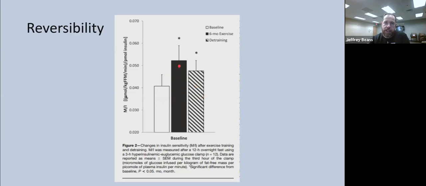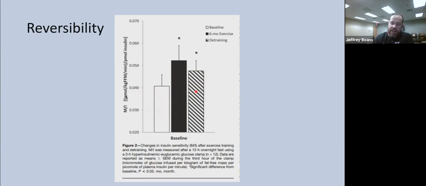So what you can see is they get lots of gains when they've done their 6 months of training. So what they did is they did these tests, and then did an OGTT, and they got the results, and they may have done a glucose clamp. I can't remember. But what you see is the significant difference between baseline and 6 months of training. But as you can also see, they did this detraining portion in which they did hyperinsulinemic euglycemic glucose clamps. So you can see that in a very short period of time, they've lost some of the benefit. Now, have they returned to baseline? No, but give it time and they will eventually get back to baseline or even worse.